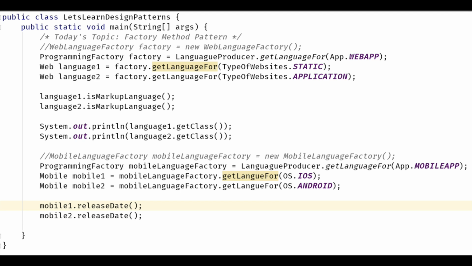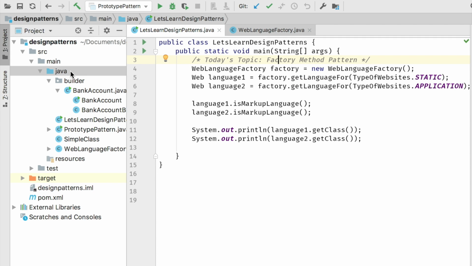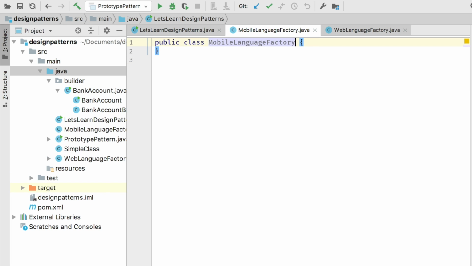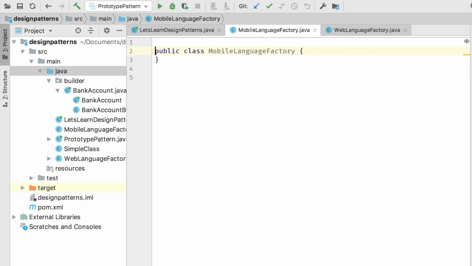As we already have an example of the factory method pattern from our previous video, we will create another example of the factory method pattern and use it to extend and convert to the abstract factory pattern. For step 1, I will start by creating a new factory class, MobileLanguageFactory. Just like before, I will create another interface, Mobile, and it will have a